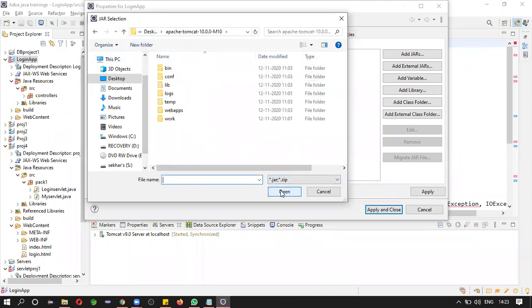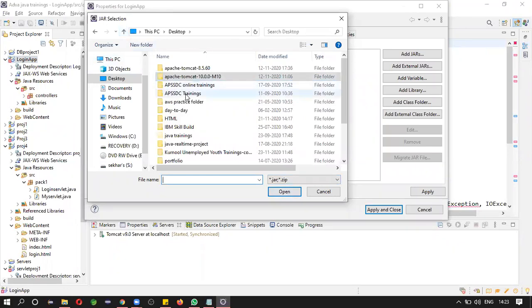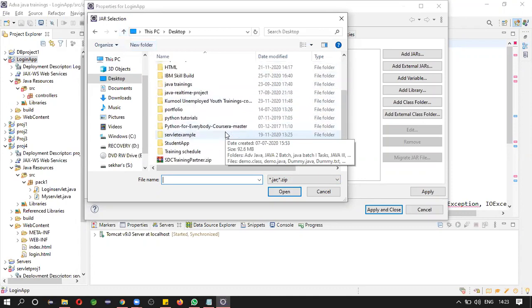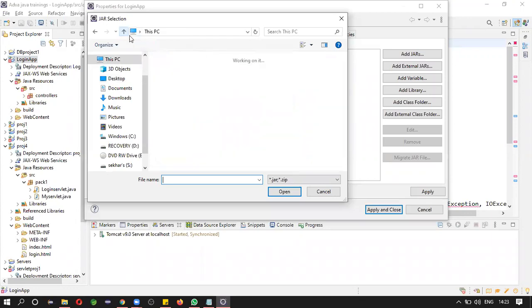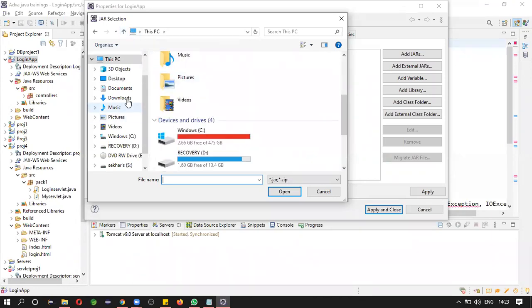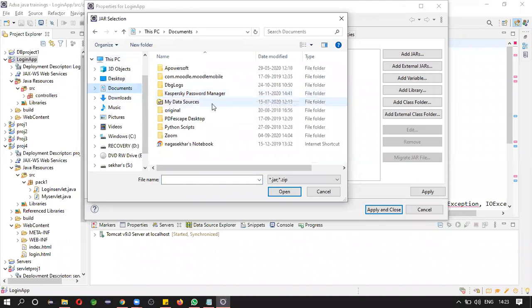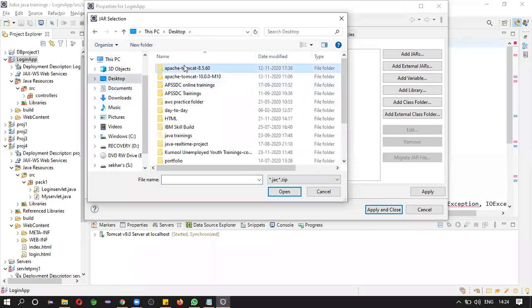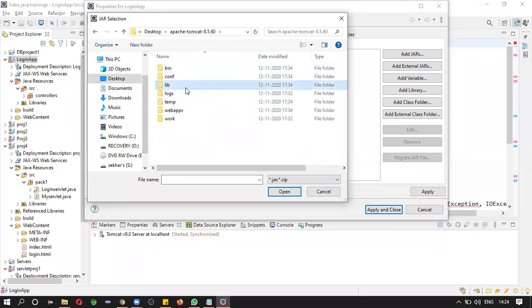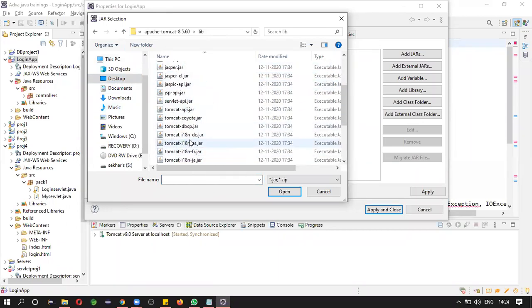Does it support Tomcat 9? Okay, let us take this. Inside this library folder, you can find servlet-API.